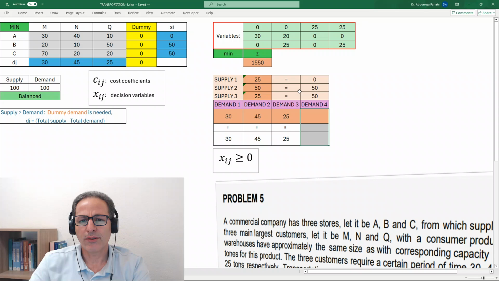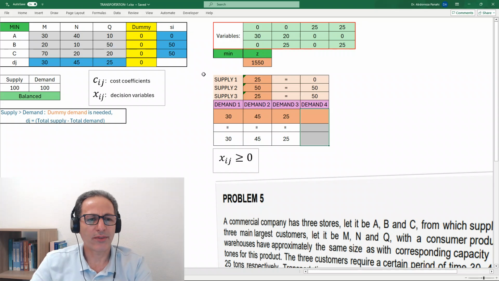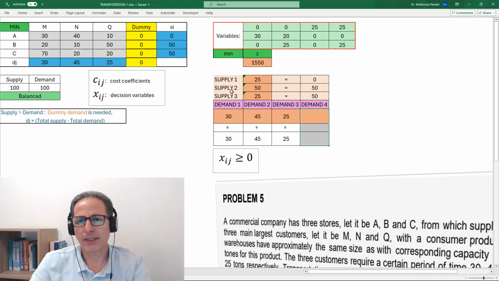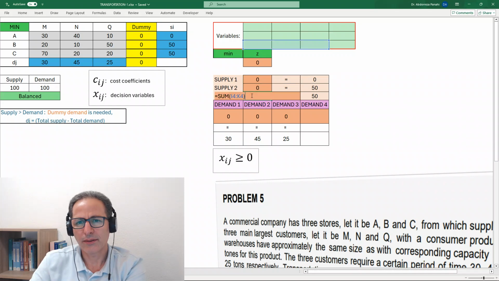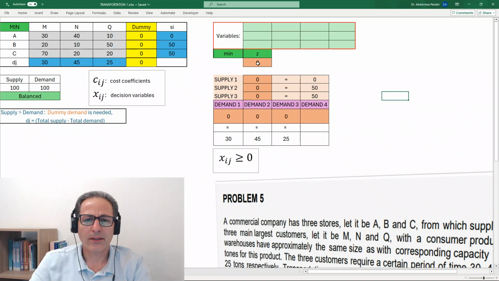So we have 3 rows and 3 columns right now. The dummy is not necessary. 1, 2, 3. So let me delete them all. Now this is our problem. One more time, let's see. Correct, and this one also correct. Now let's solve it again. Now if I solve this problem one more time,